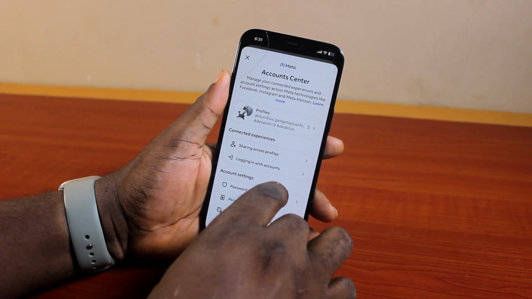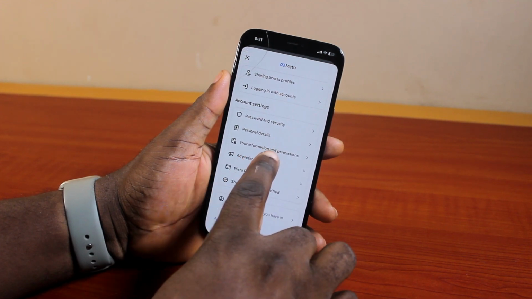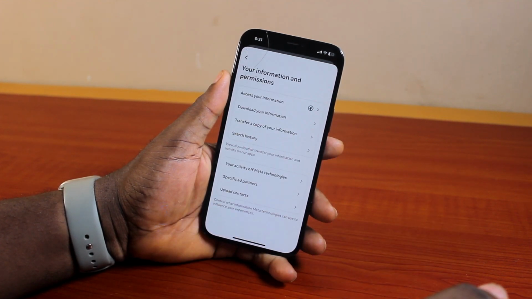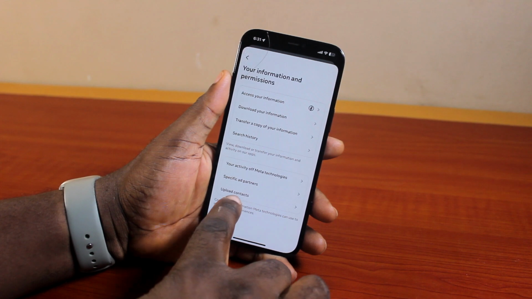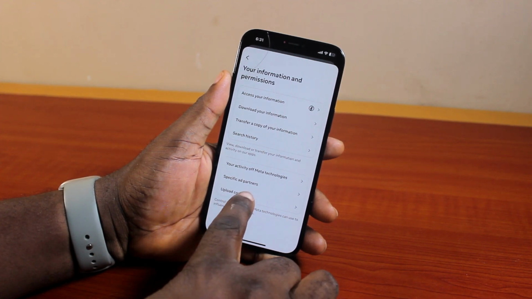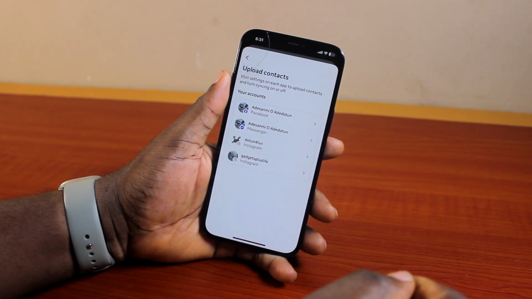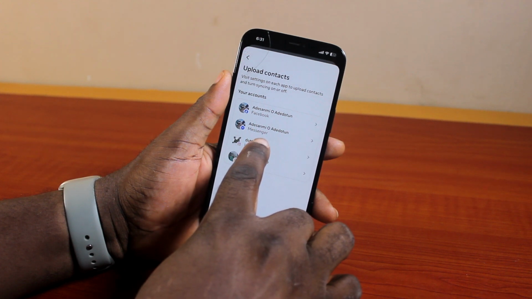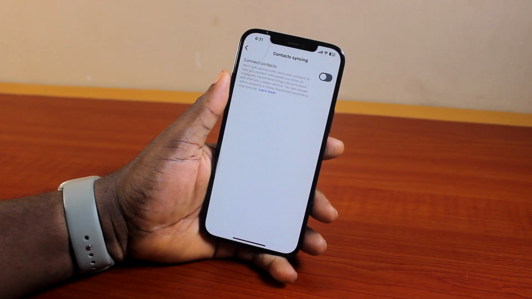Under Account Center, scroll down. You want to click on Your Information and Permissions. On this page, locate Upload Contacts and click on that. Once you've selected Upload Contacts, go ahead and click on your Instagram account under Upload Contacts and make sure Connect Contacts